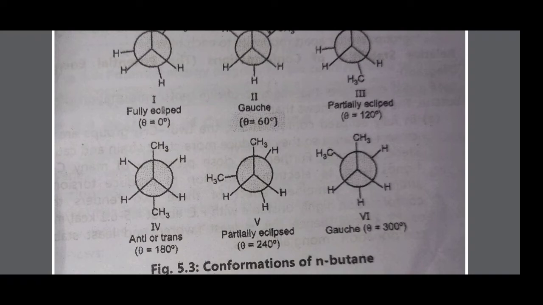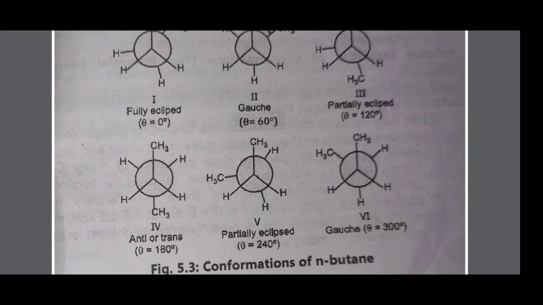The three other conformations, number second, fourth and sixth, at dihedral angles of 60 degree, 180 degree and 300 degree, are staggered conformations and are again sub-classified into two types: gauche or synclinal. The two conformations, number second and fourth, are identical as they have the same potential energy. In this, the rear, meaning back carbon atom, rear and front methyl groups are at an angle of 60 degree to each other. Actually, these conformations are mirror images of each other.